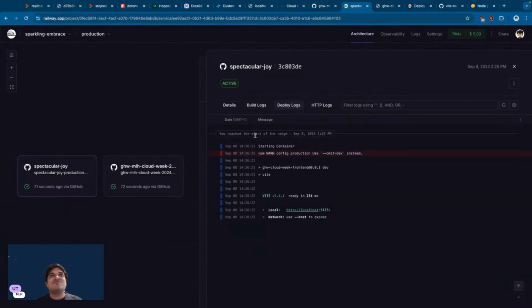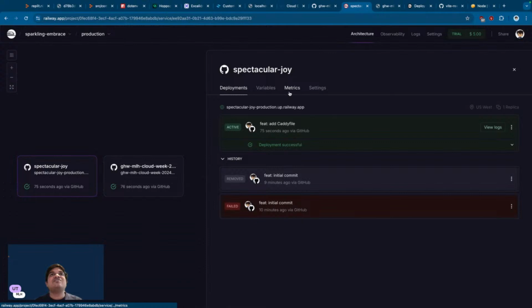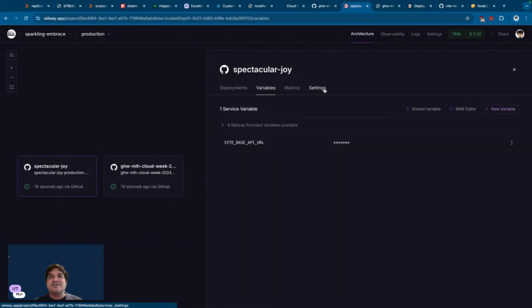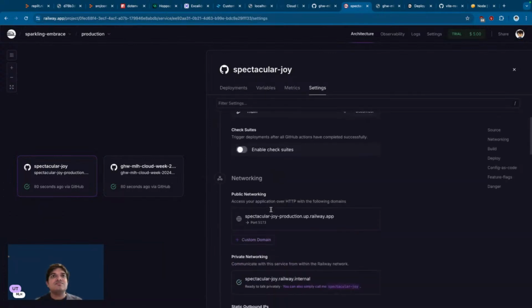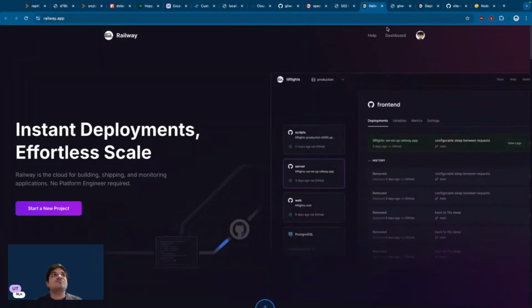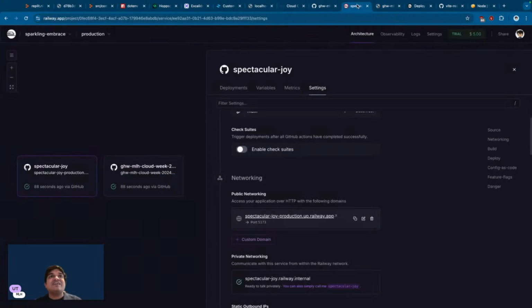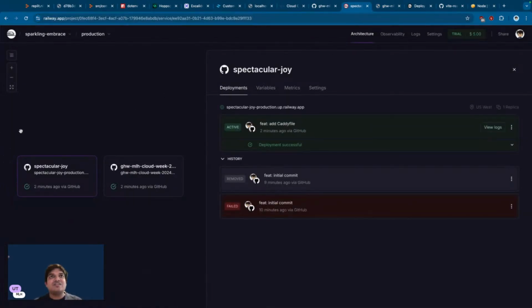So deployment successful and everything, but it still fails to respond. Okay, so one more thing that I had tested: our backend still works, our front end is a problem. So one more thing that I had tested was to actually,